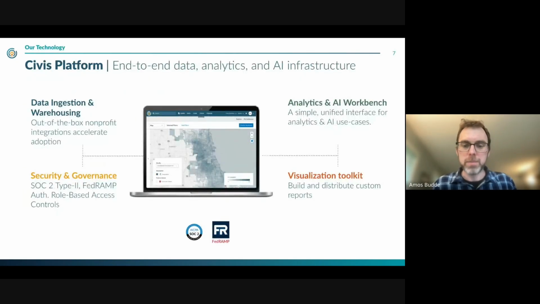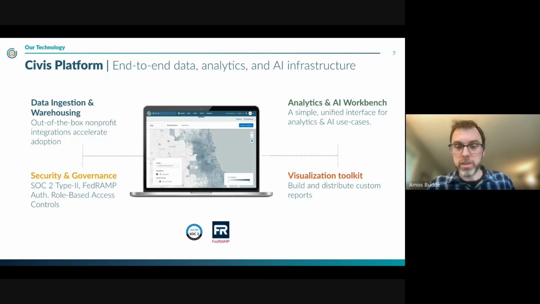You go to the next slide. Thanks. So as we talk about Civis Studio, I did want to put this in the context of what Civis tries to do for our customers. We start off every intro call with Civis with a slide that looks like this. Civis platform is an end-to-end data and analytics and artificial intelligence platform. We try to be the vendor that you can rely on for all of the various components of your data platform without locking you in and being overly constrictive. We want to be able to support all of the key components that you need.